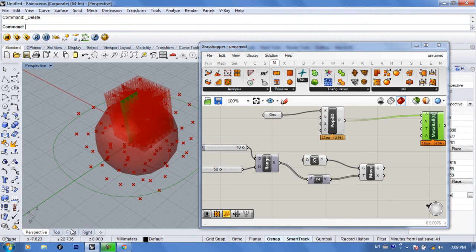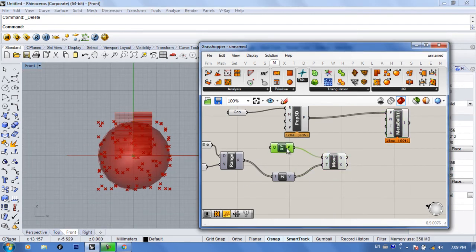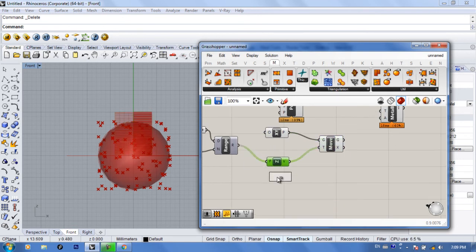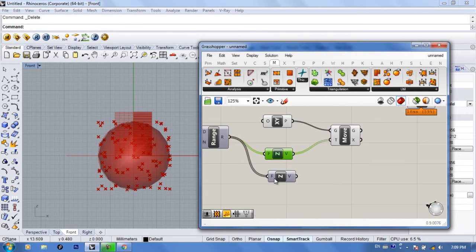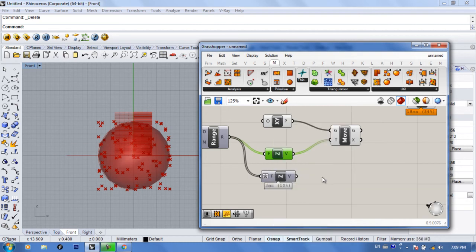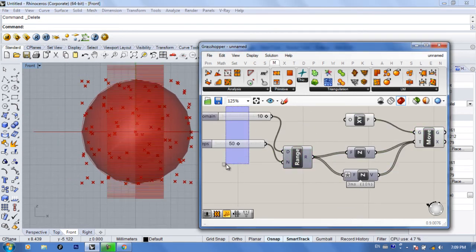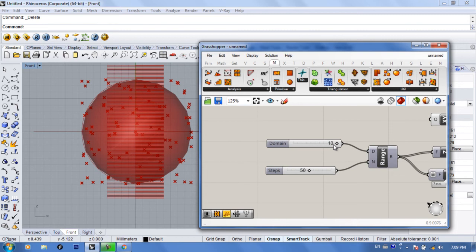What I need to do is also have it in the negative direction. I don't know if there's an easier way, but how I did it was to get a copy of my z and then add in an expression. I typed x times -1, then commit changes and connect it. So you can see now I have the exact number on both sides. I don't know if there's an easier way, but this is what I came up with. And you can see my domain,